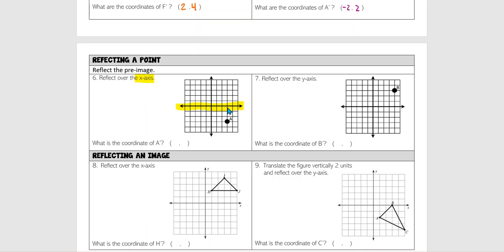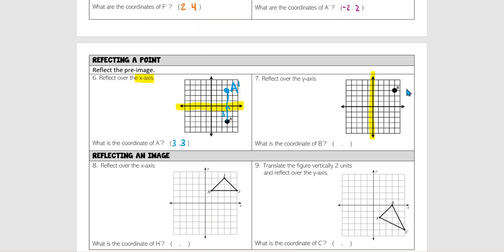So I start with A, and I'm going to count how many units it takes to get to that axis of reflection. So in this case, we're going to the x-axis, so we count 1, 2, 3 units. My reflection is going to be 3 units below the axis. The distance is always the same. So now we count 1, 2, 3, and this is where our point is going to be, A prime. So the coordinates, again, were 3 to the left and 3 up, so both of those are positive, and we have (3, 3). If we want to reflect over the y-axis for this one, I'm going to highlight the y-axis,